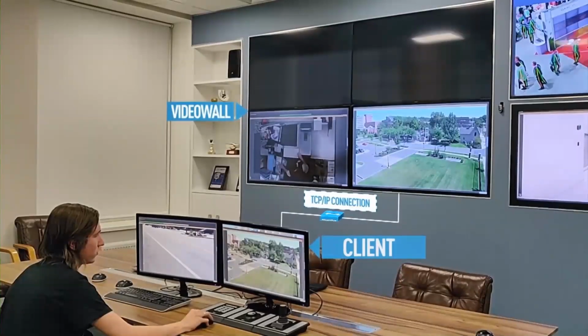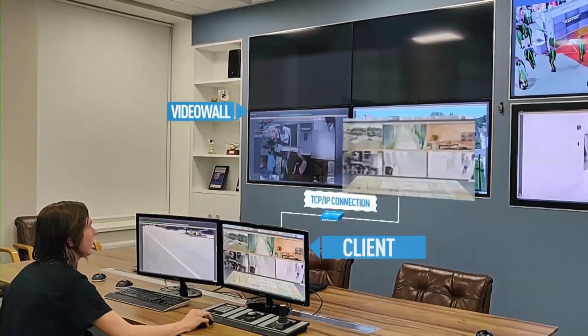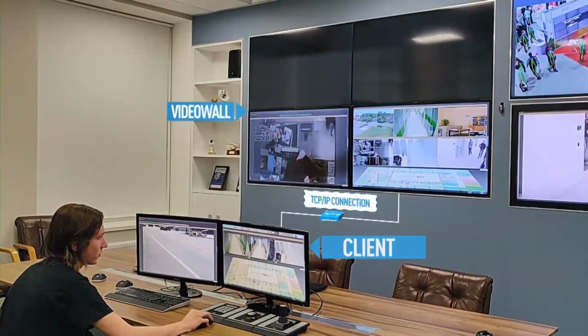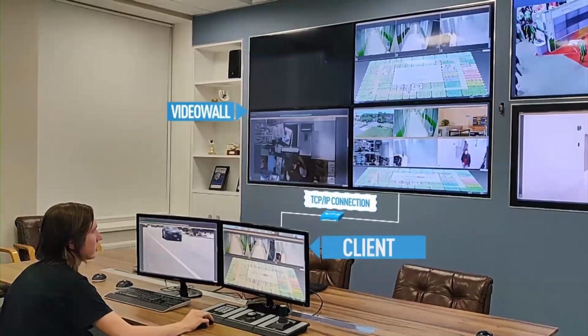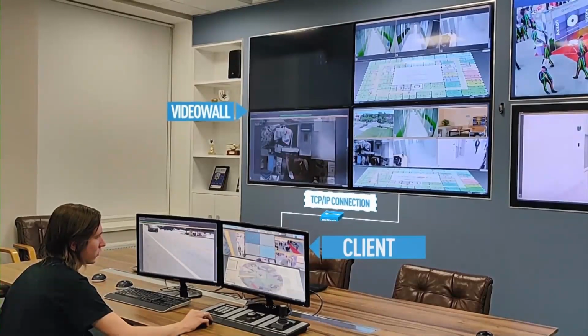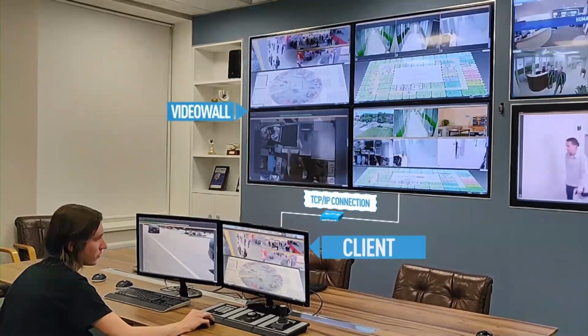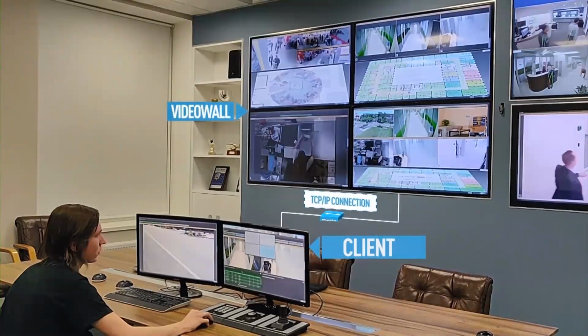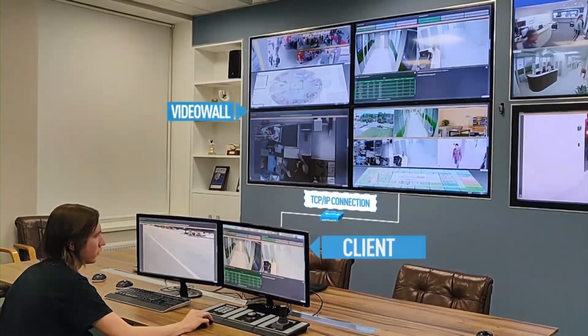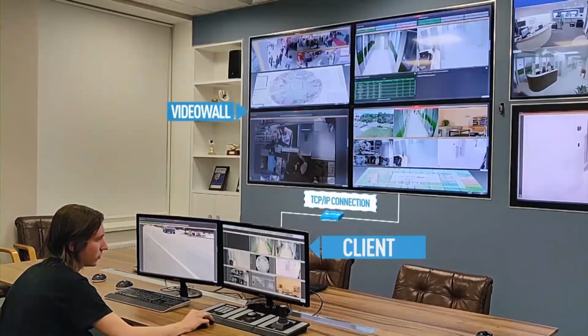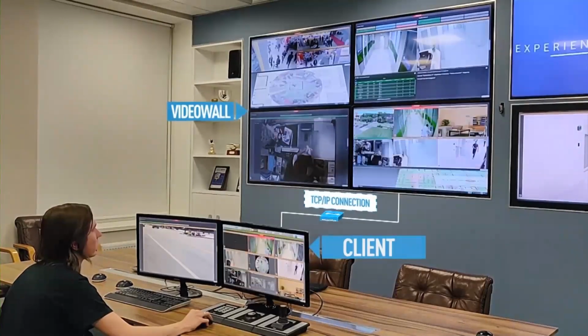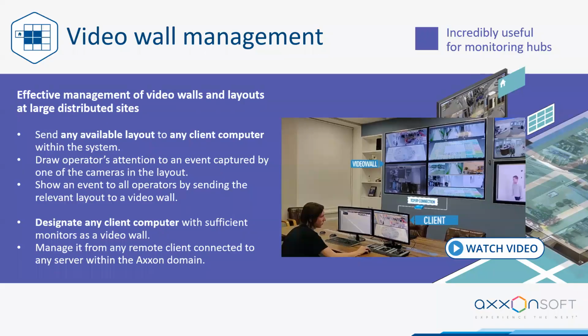Our video wall is a tool that allows you to quickly share layouts from the operator screen to any of the monitors connected to other computers, which in turn are connected via TCP/IP to our workstation. So no video wall controller is required. The monitors in the video are just connected to different computers. It can be used as a permanent video wall, or it can be used to quickly show something to the operator. So it's very convenient and easy to use.